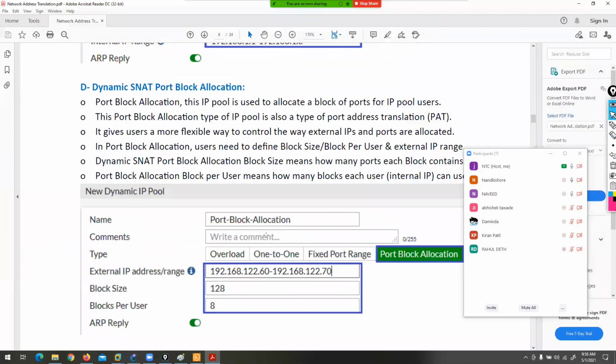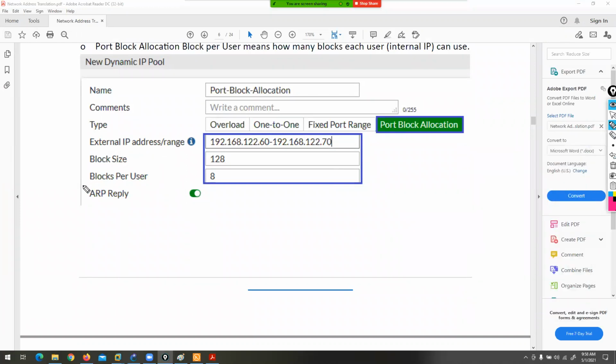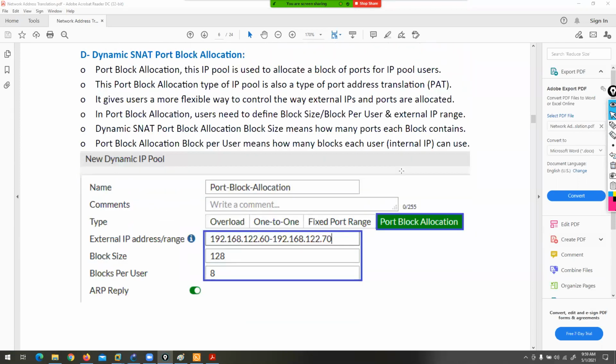Go to the settings, the blocks per user. If users are accessing with these IP addresses, it's a block size for a single user. And this is the block size for IP addresses.